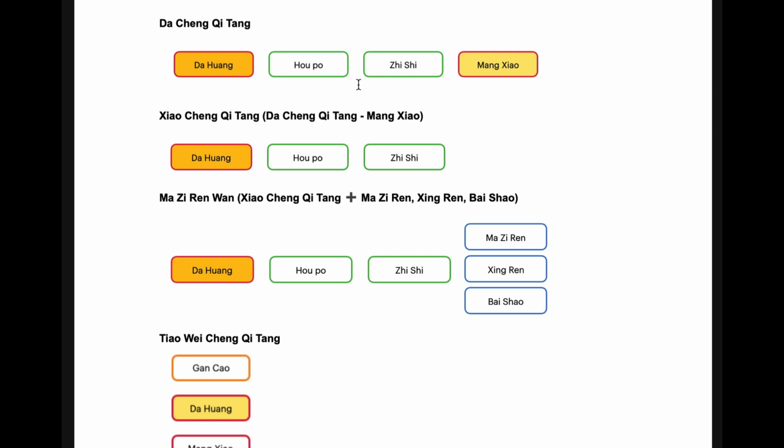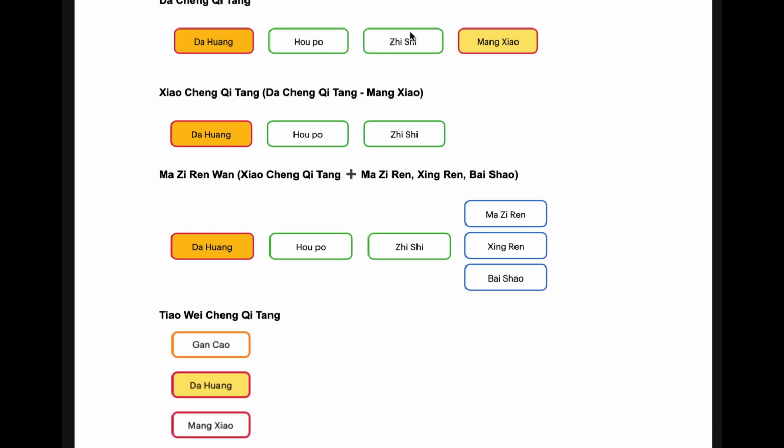Pi, Man, Zhishi. So the board will maybe not give you directly those literal words like Pi or Man or Zhi. But you should know the meaning. Then you can combine the right formula by connecting those dots, Pi, Man, Zao, Shi, and each herb. So if the question asks you, there is no dryness of the stool, the right answer is Xiao Cheng Qi Tang.